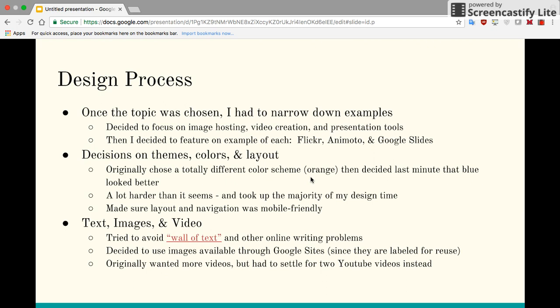And they're kind of easy to use too. A lot of them you can just use as a first-time user and kind of get what's going on. So I thought they were good examples. Then after narrowing down my fields, I had to choose an example for each. I actually explored about 3 or 4 examples of each type before narrowing down to the 3 that I used. And then after that, I started making the website,